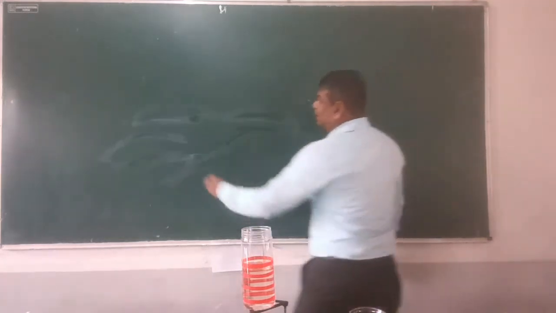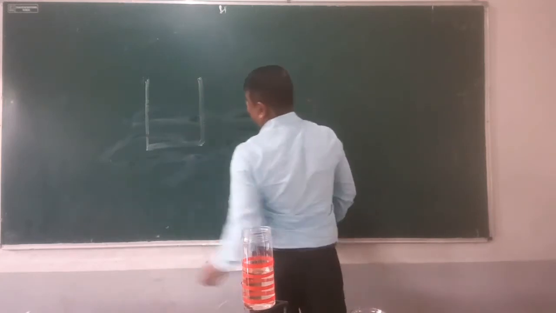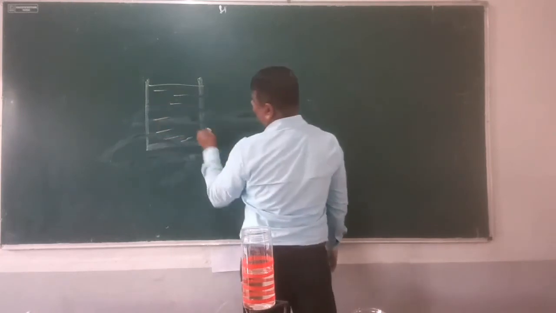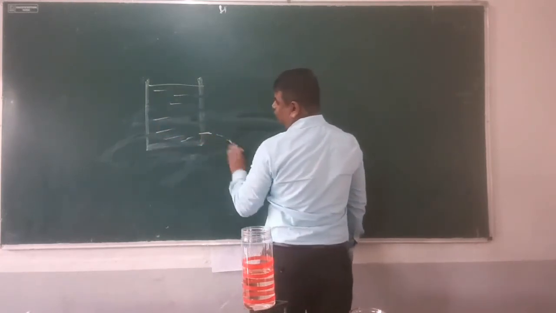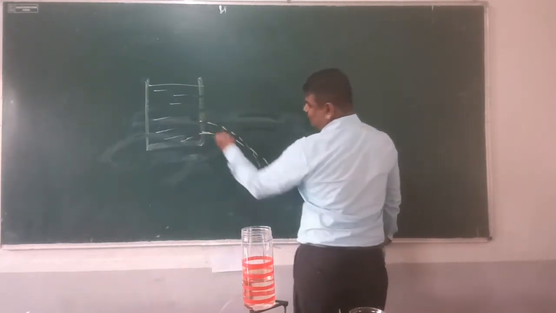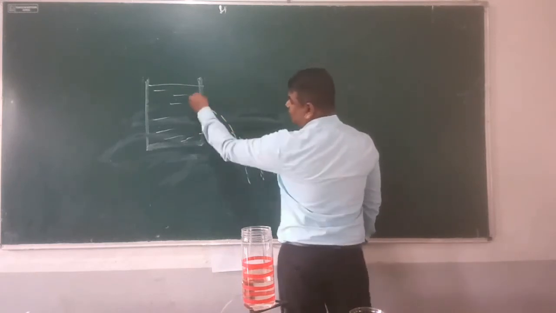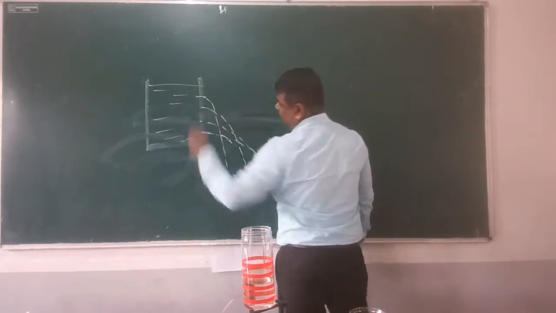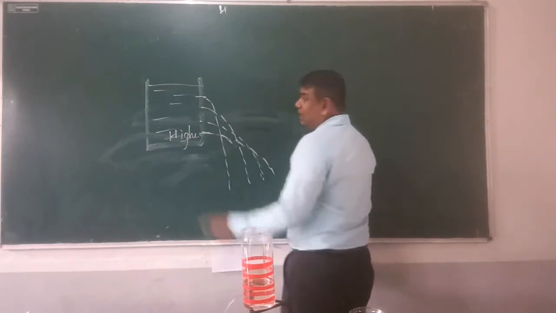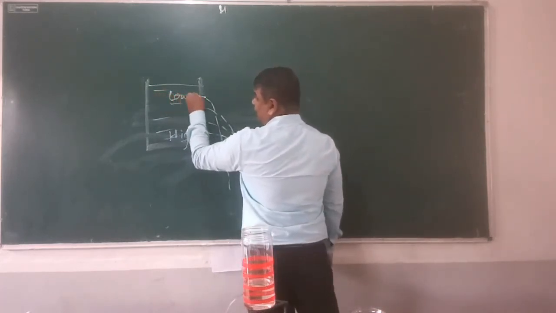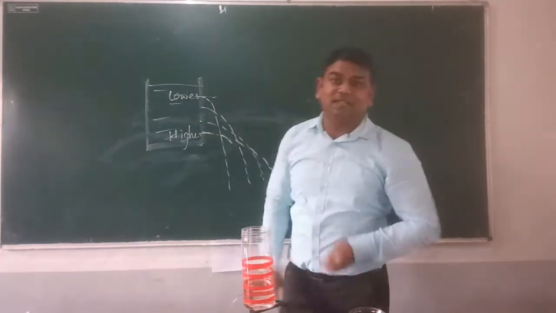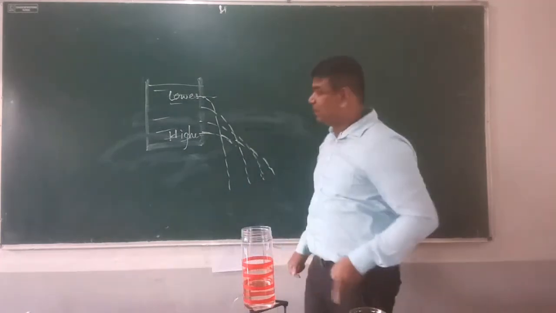Right. Here, this is the explanation. Third fact. There are 4 holes. When we filled water into that, water went out to a far distance from this one, a slightly shorter distance from this, then from here, and crosses the topmost hole. The highest pressure is at the bottom and the lowest pressure at the top. Pressure increases as the liquid depth increases. That's the conclusion of the third experiment.